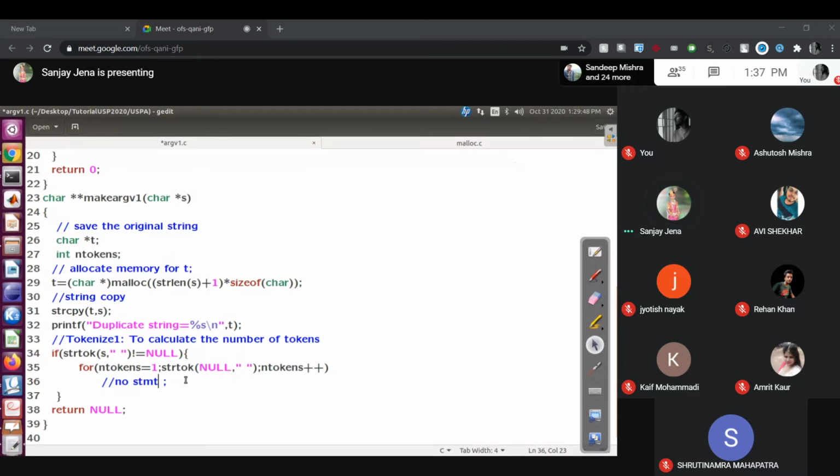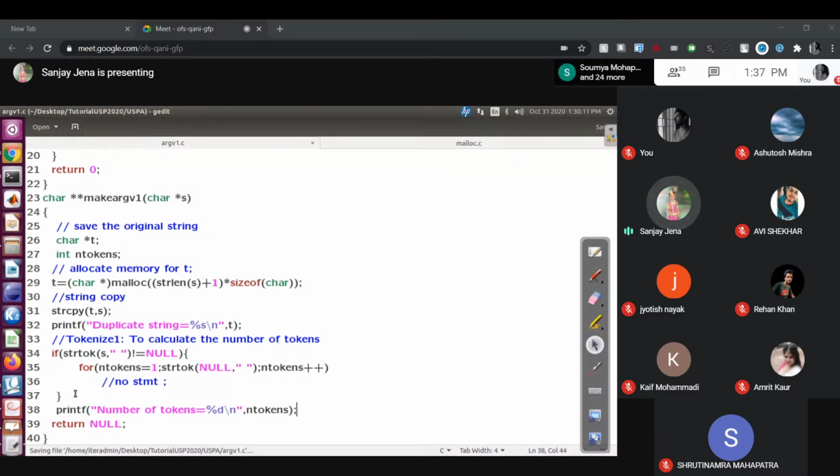Correct? Now print: printf number of tokens %d, backslash n, tokens. Done?